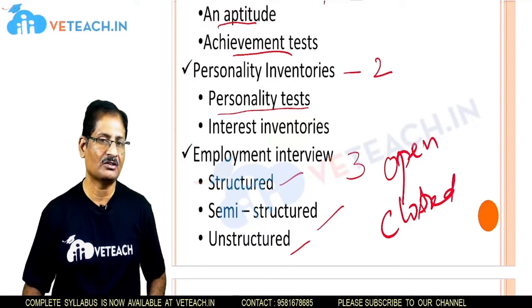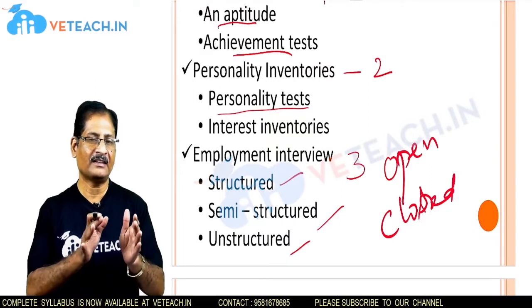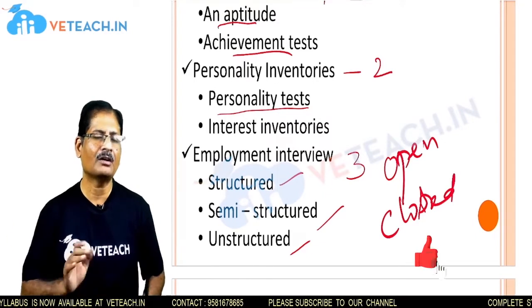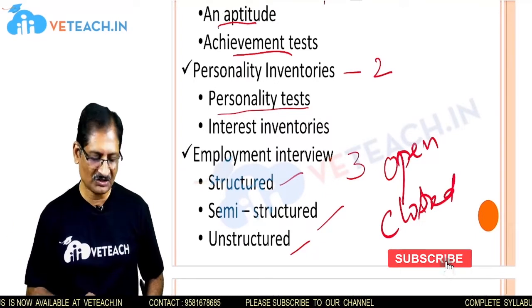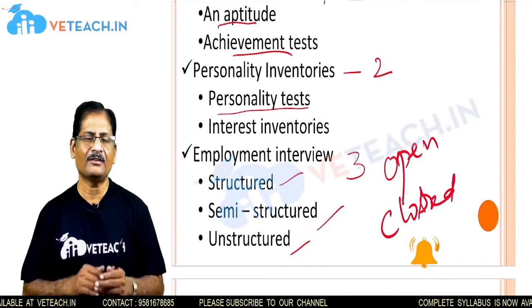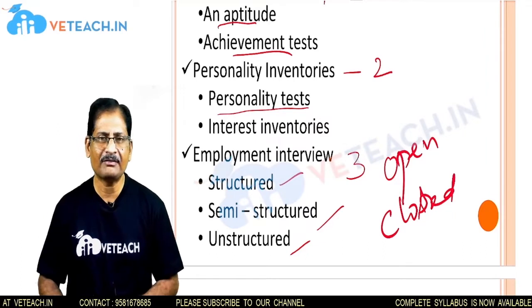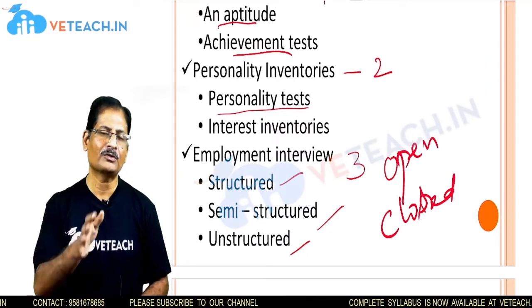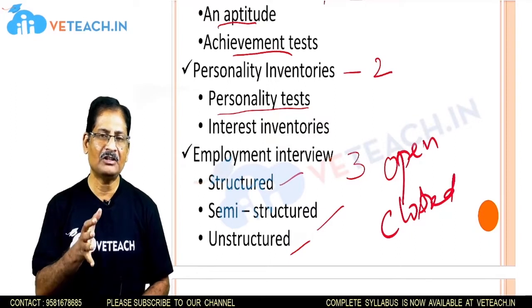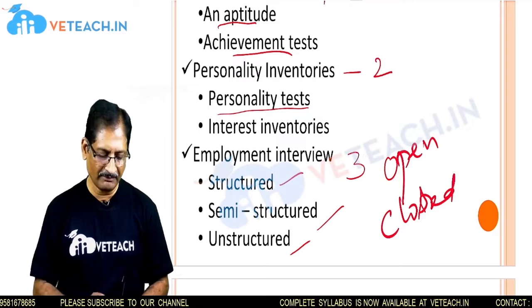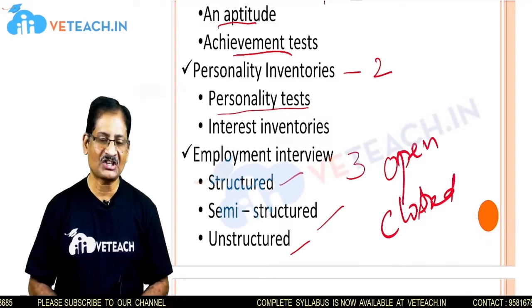Then semi-structured means we are going to have a set of questions in an ordered format and other questions in a non-ordered format. So this is the semi-structured. And the last one is unstructured, which means there is no proper design of the interview process, and as and when based on the process of interview, the interviewer is going to pose the questions, asking the candidate attending the interview to perform according to the given question. So this is the unstructured approach.